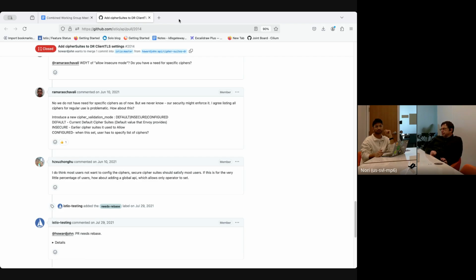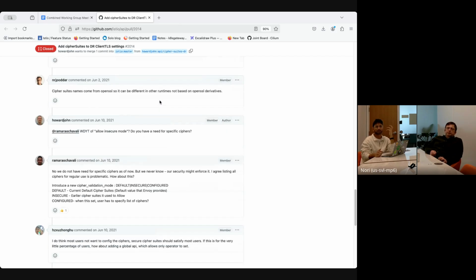Users can do it by using Envoy clusters. They're updating the clusters in the upstream TLS context, putting these cipher suites in, which is a kind of hacky way. This is a real requirement for any user who wants to connect to on-prem, because generally on-prem systems are way behind the current Envoy. So in my opinion, we should give them a first-class API, probably something in the mesh config we can do, but it's not there yet.